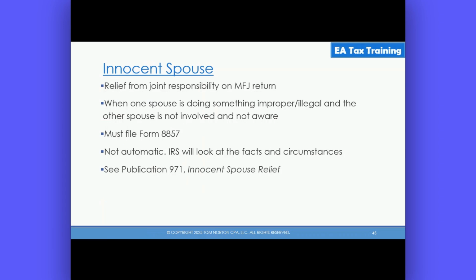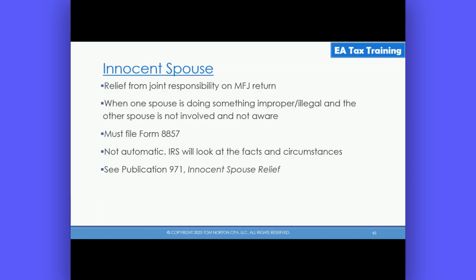So let's talk about that innocent spouse. What the innocent spouse does, we call it innocent spouse relief. It gives you relief from joint responsibility on a married filing jointly return. Remember, when we talked about filing statuses, we said that if you are filing married filing jointly, both parties are jointly and severally liable for the amount of the tax. So the IRS can go after both of them and each of them separately in order to collect any tax